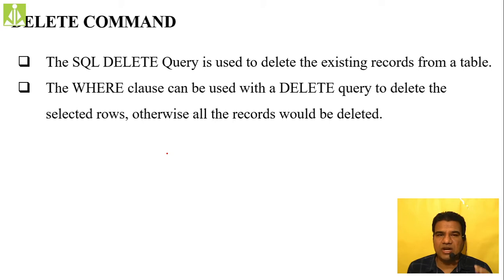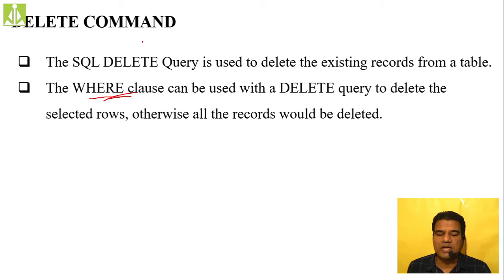Why do we generally use the delete command? We use it to delete the rows from the table. If you don't put the where clause inside the delete command, what will happen? It will delete all the records, all the rows from the table. That we generally don't want, isn't it? We want a particular record to be deleted or a set of records to be deleted. That deletion specification about the records we make with the help of the where clause. Inside the where clause, again we make the specification about the rows to be deleted within this delete command.